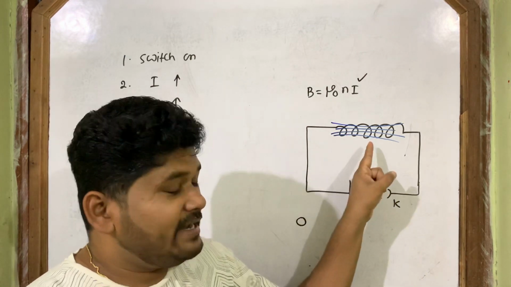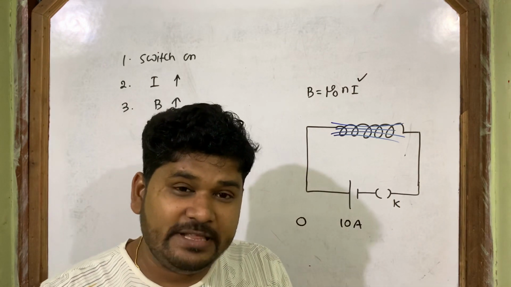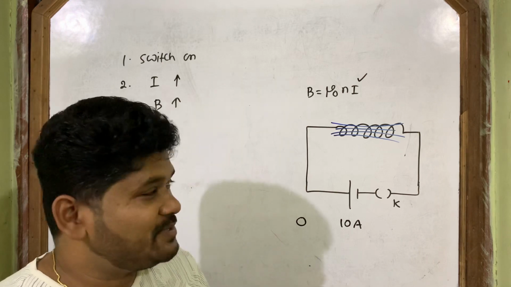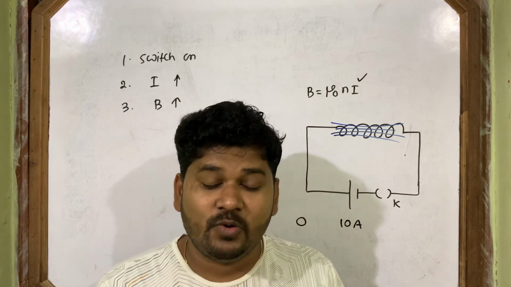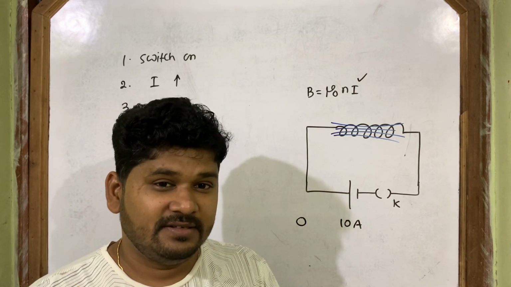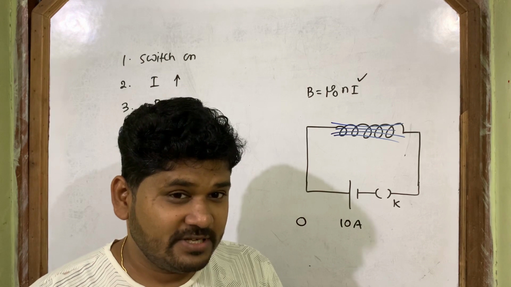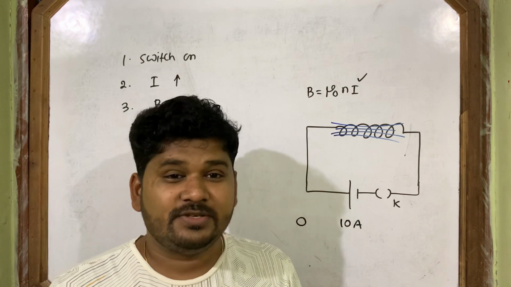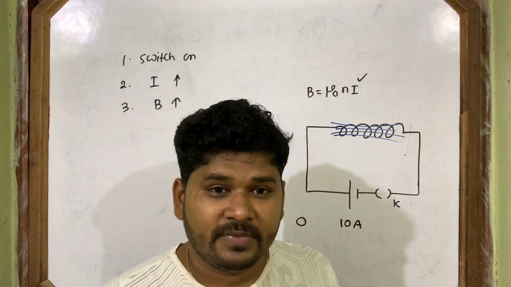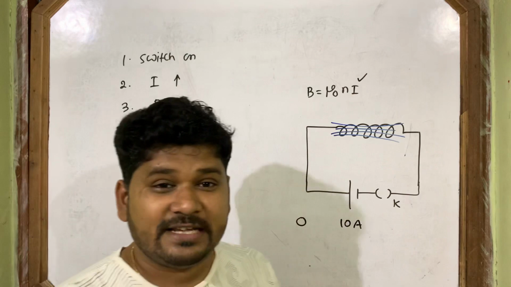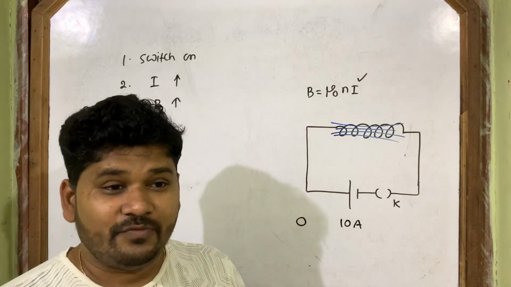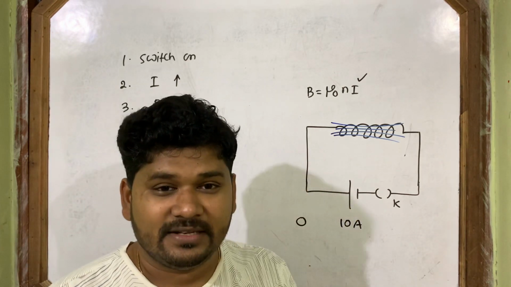Its own lines of force are linked with its own surface area. Is flux linked or not? Yes. You may ask, so what flux? Its own lines of force. If it is its own lines of force, then also no problem. Its own magnetic lines of force are linked with its own area of cross section. So flux is linked with this coil.